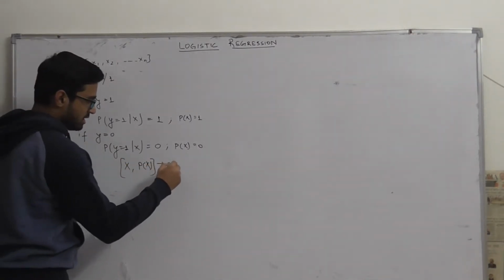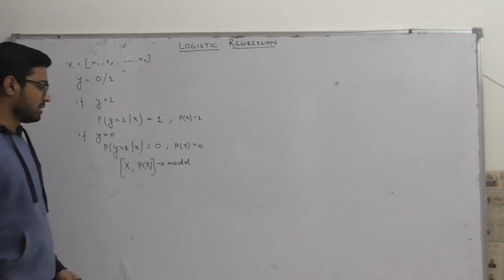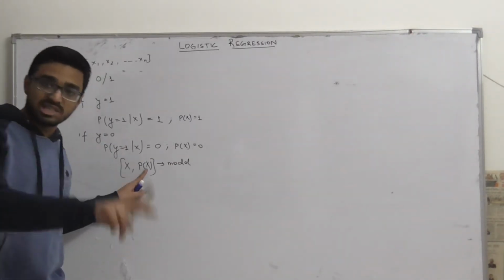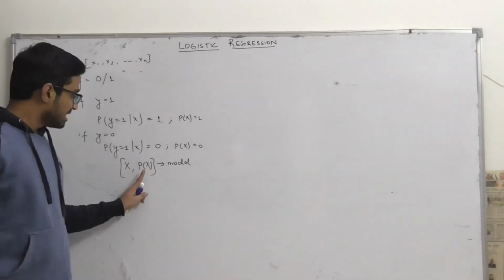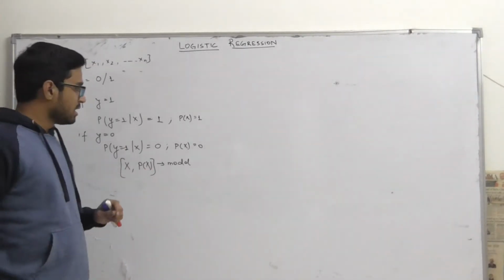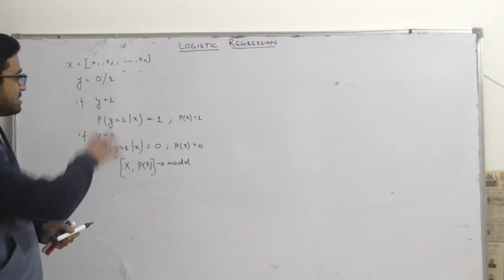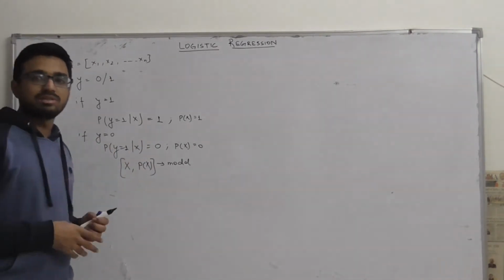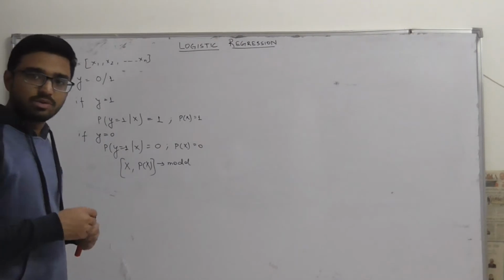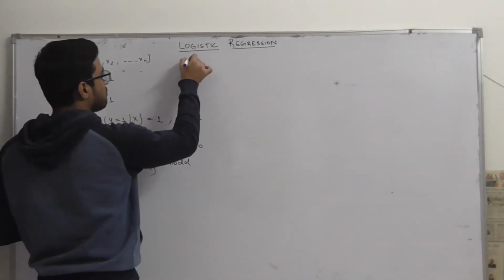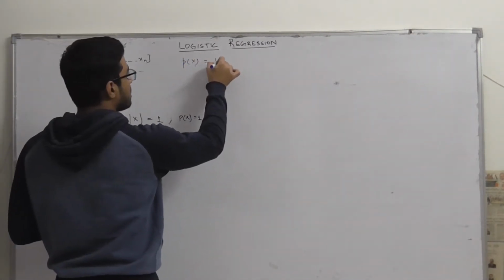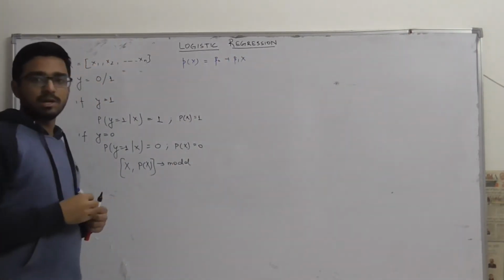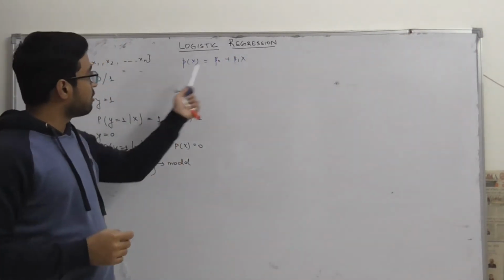So this we will send to the model. We have x and we have the probability of x. The probability of x for the given set of training data is either 0 or 1. This is the transformed data, and let us try to fit a linear model to this set of observations. So p of x can be represented by beta naught plus beta 1 x. Now, why is this the form of linear regression?